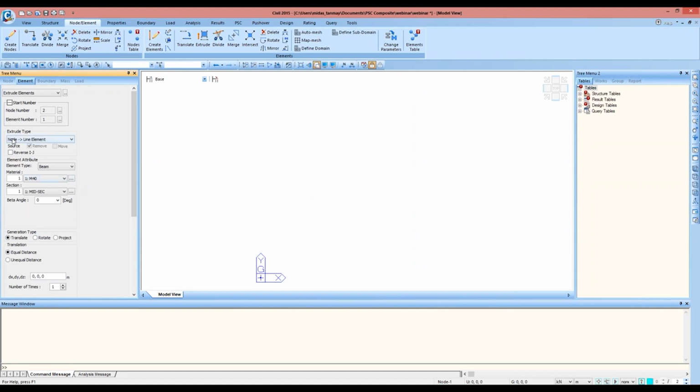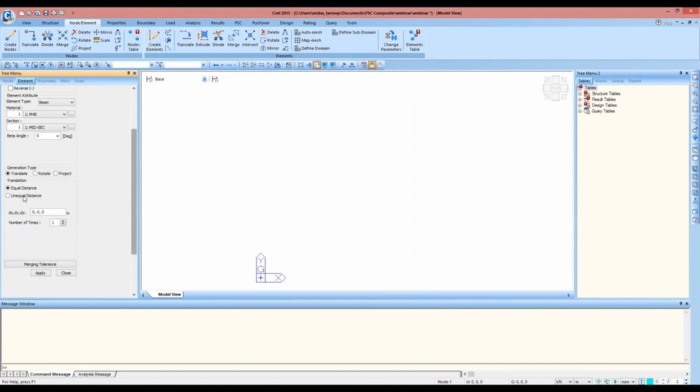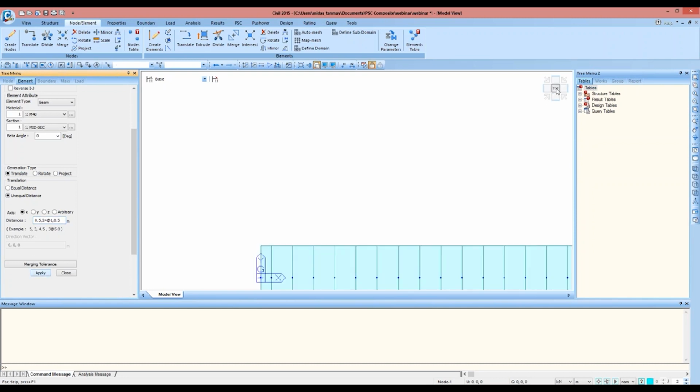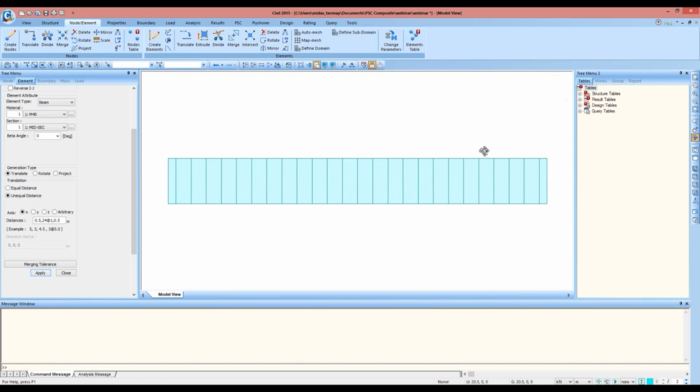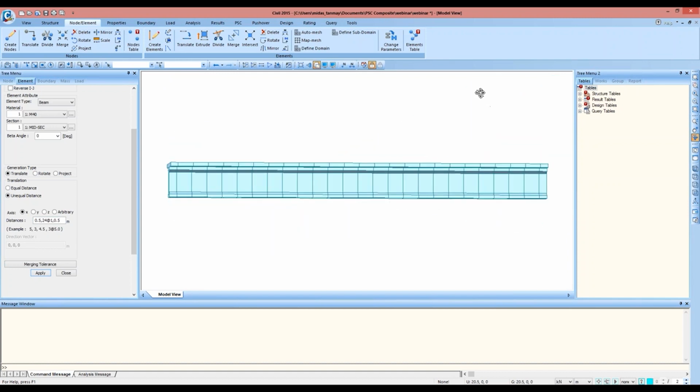So I'll select node to line element, M40 midsection, unequal distance in the x direction, 0.5 comma 24 at the rate 1, 0.5, and using this option select all, the node will be selected and apply. So as we can see, the girder is generated.